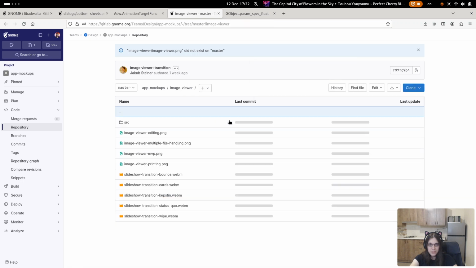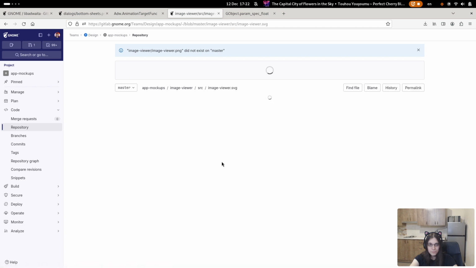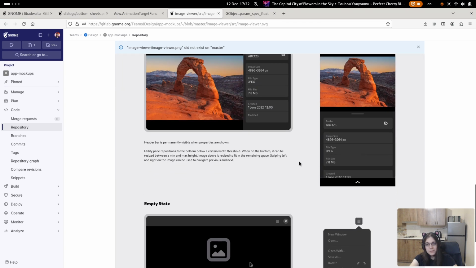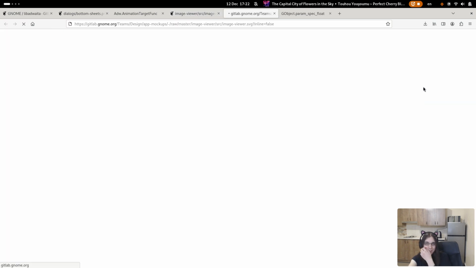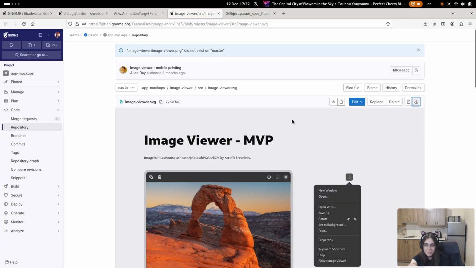Let's see if there's an SVG. There is an SVG. Alright, so let's download this instead and open it in Inkscape.